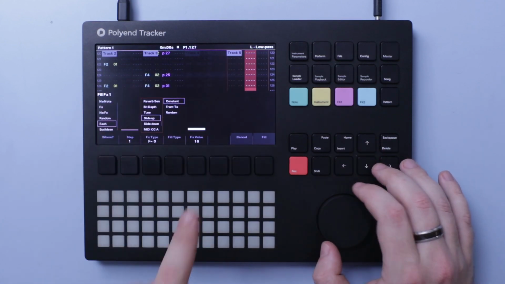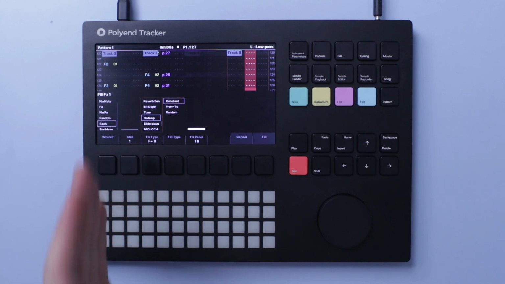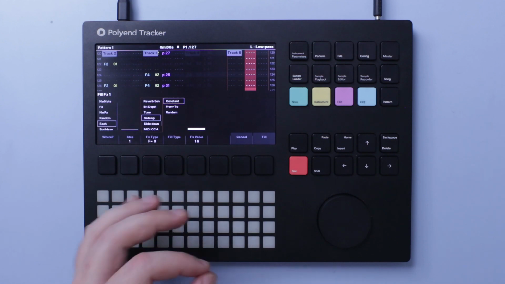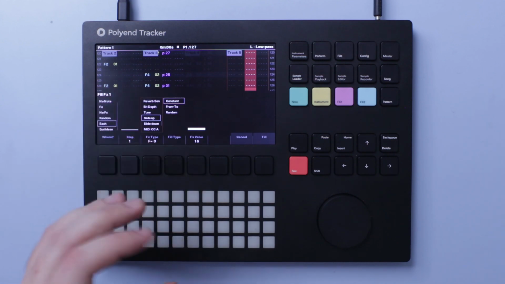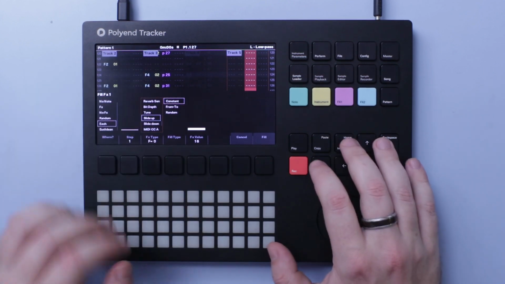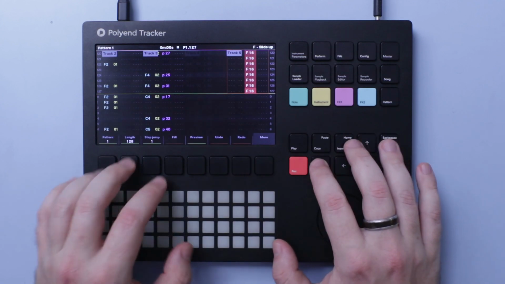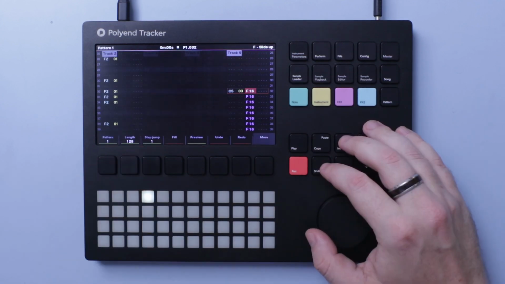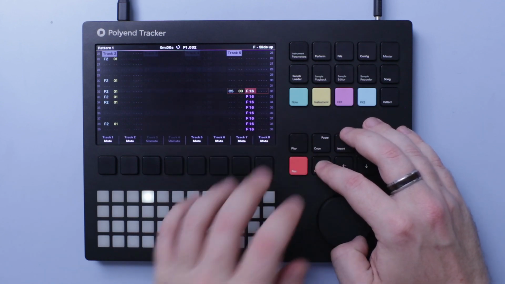Constant from 216. How the slide tool works is it goes by every step and adds that much amount, and 16 is a whole note, so every step it's going to build up a whole note. I'll fill that in and mute everything else to see how this is going to sound. So if we listen to this in context with the drums,